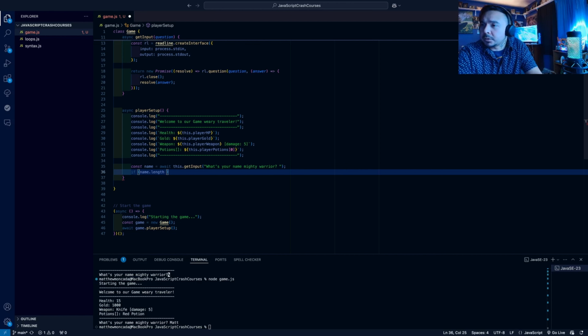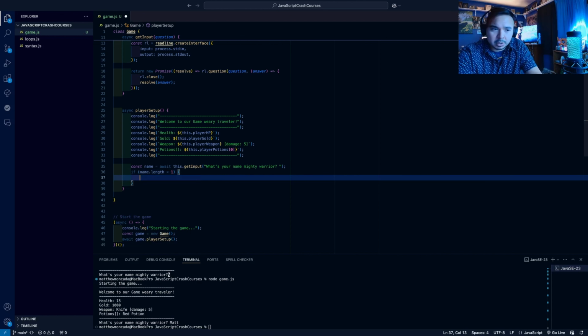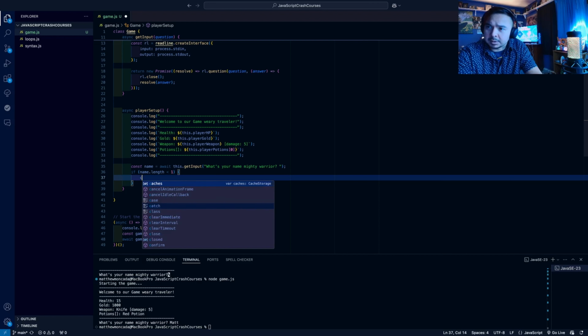Whatever the user is going to put in, we have to make sure that they can't just skip past this or input something crazy. So we want to have some parameters with which they can input something. First of all, we want to have them input something. So we have to say that inputting nothing, if it's an empty string, is something we can't work with, right? So if name.length is